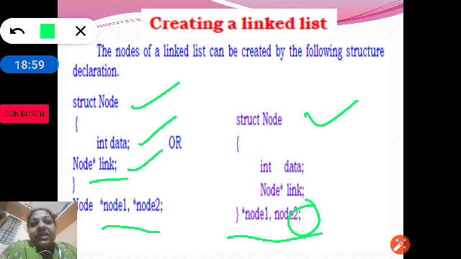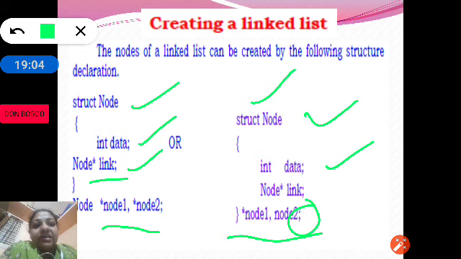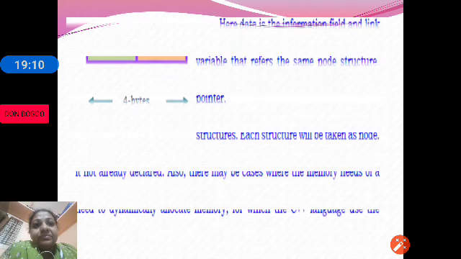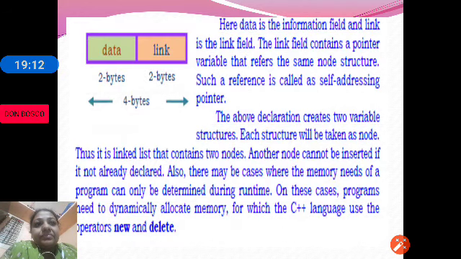A node is created using a structure data type, and node has the data and the link. Here data is the information and link is the address of the next node. Such a reference is called self-addressing pointer.